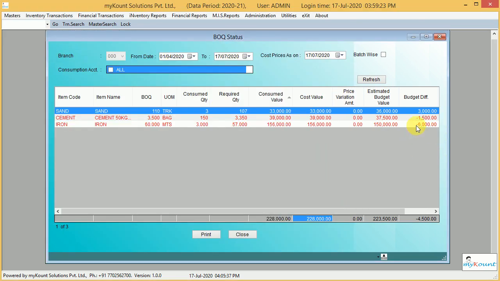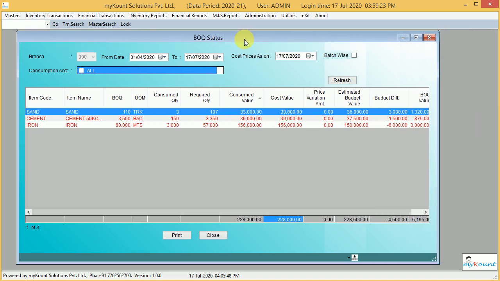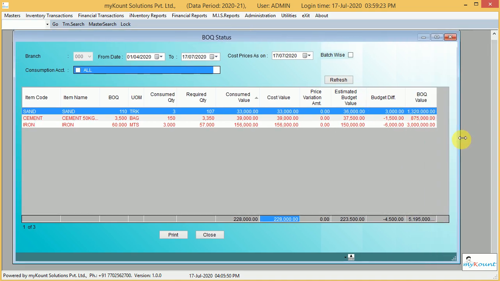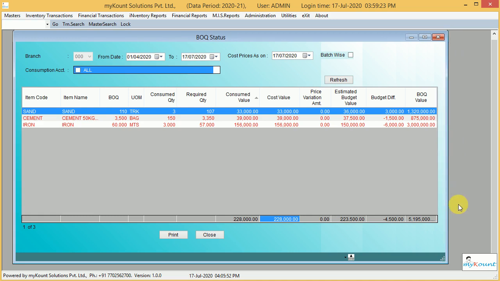So this is budget difference. Budget difference is nothing but the difference between cost value and the estimated value. So here we can easily assess the project, what cost has been incurred from the date it started and is running. So this is BOQ status.